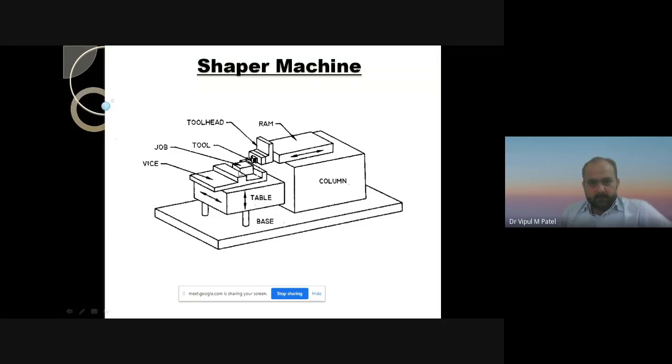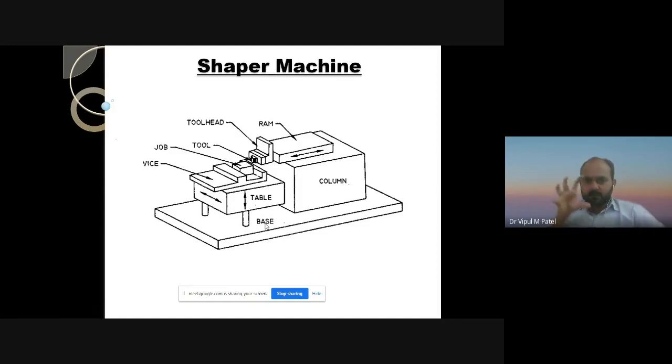Over here, the workpiece is held with the use of different vises, or we can say the job, which is stationary. With the use of this table, we can easily hold the workpiece. Over here, it is a base. Right. This is a simple mechanism of the shaper machine. With the use of this mechanism, we can easily make a key slot on the workpiece with the single point tool, reciprocating with the ram of the shaper machine. Which type of mechanism we are using to reciprocate the ram, we will discuss in the next slide.